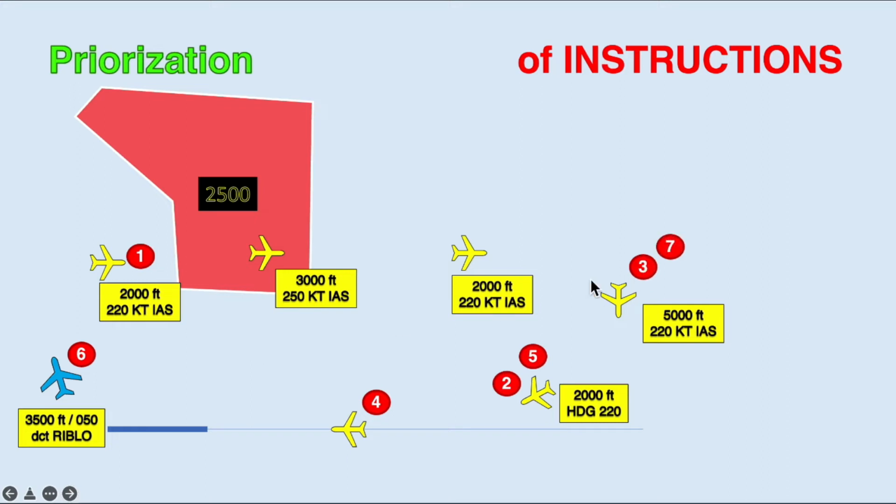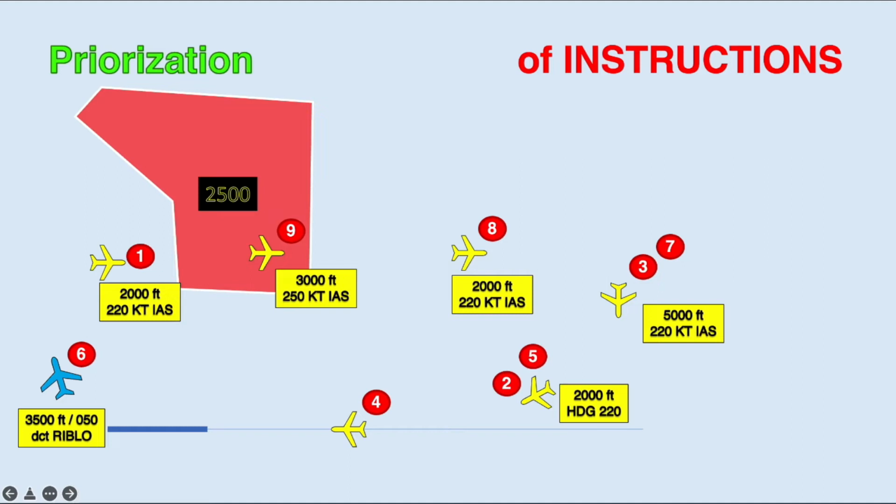The seventh priority, while all these things happen, this traffic is going to approach the localizer. So we need to give an instruction so that they are cleared for the ILS approach procedure. The eighth priority is this one, and the ninth priority is this one. That's an example. Of course, not all the situations are the same, but that could be an example of prioritization